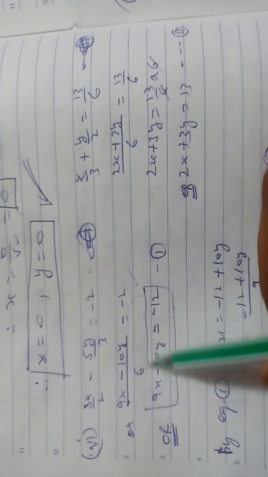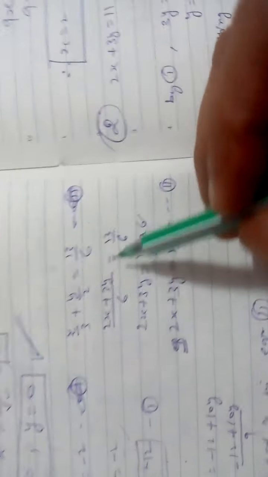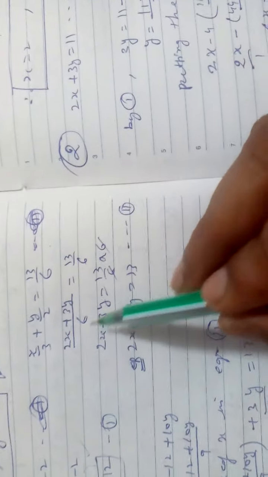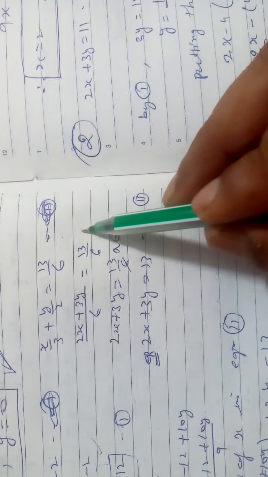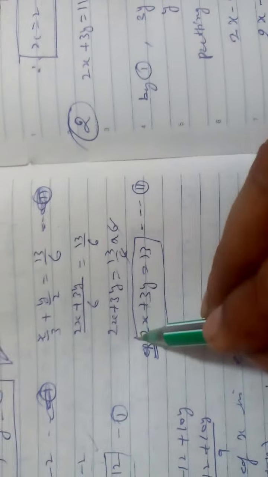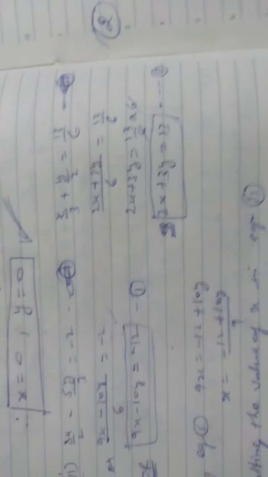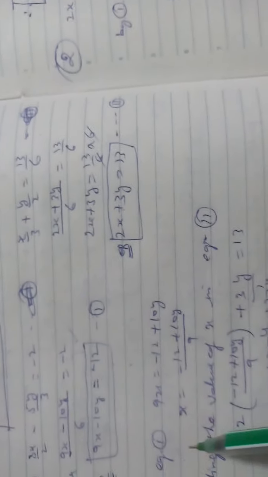It is your first equation. Change this into a simple form without fraction. Here also take the LCM, and I am seeing that on both sides the 6 will go to that side, so 6 and 6 cancel. You are getting this as the second equation. Now it is easy to solve. That's why I am saying you can also do this on the board or in the final examination.